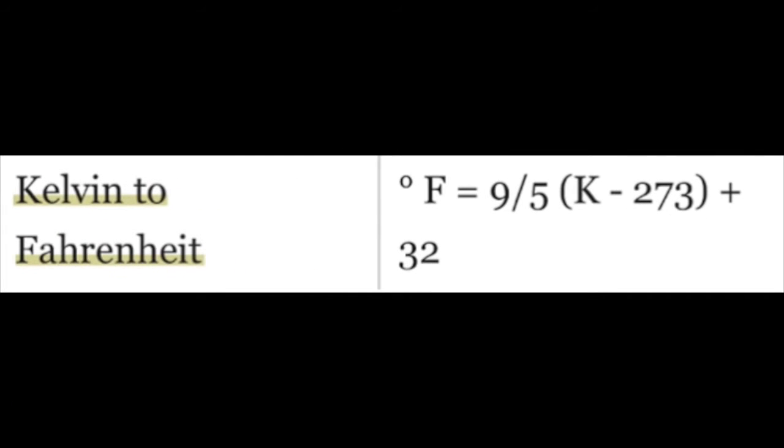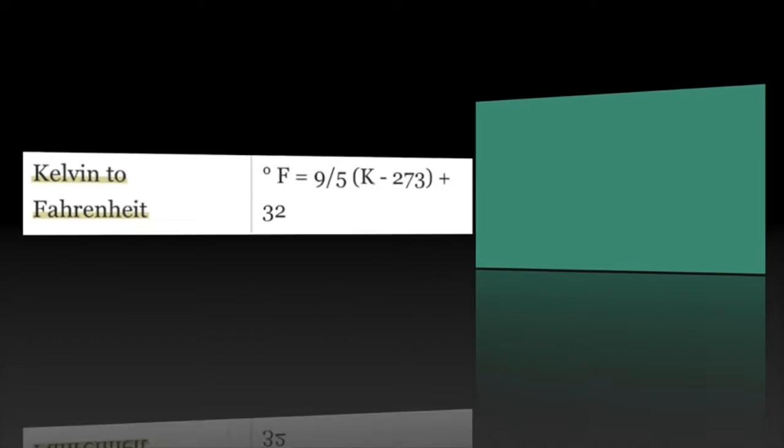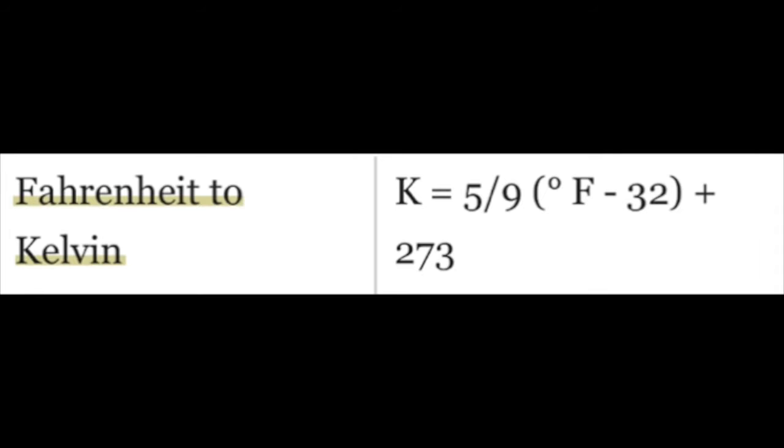To go from Kelvin to Fahrenheit, you have to put 9 over 5 times temperature in Kelvin minus 273 plus 32. To go from Fahrenheit to Kelvin, you have to put 5 over 9 times temperature in Fahrenheit minus 32 plus